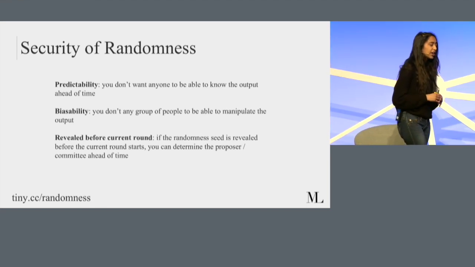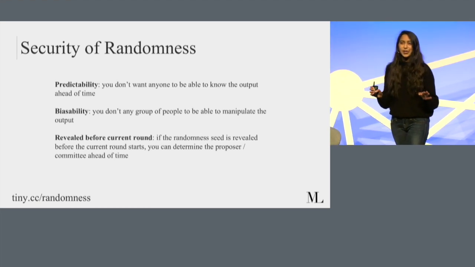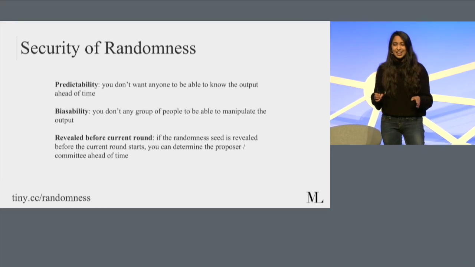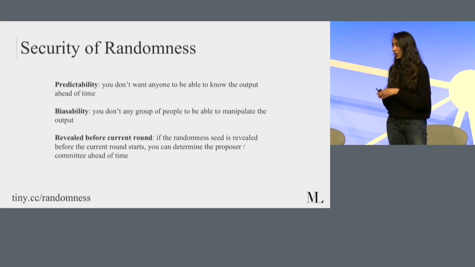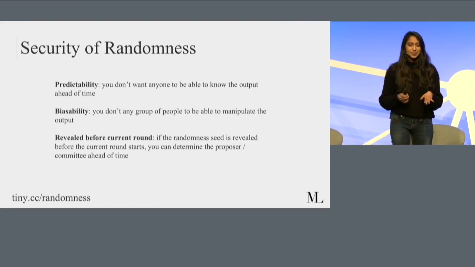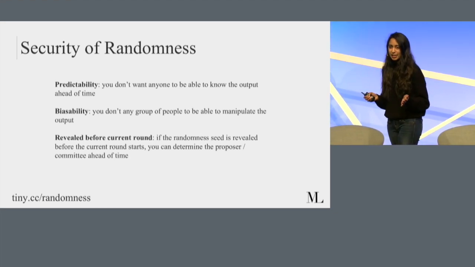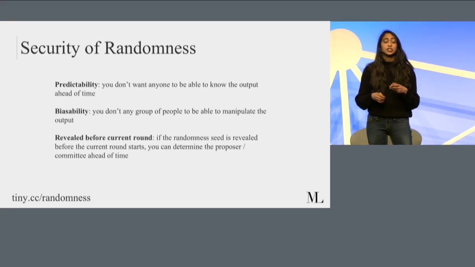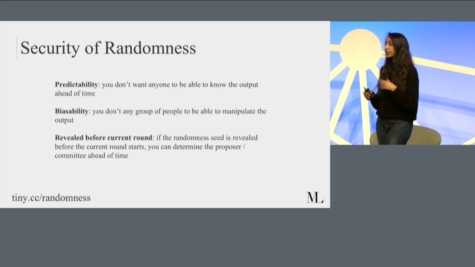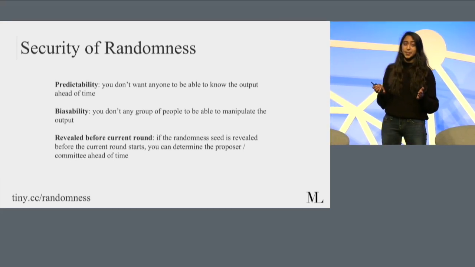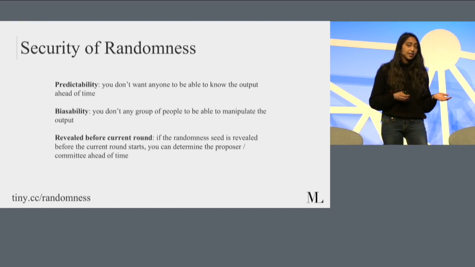And so the first thing I want to talk about in that vein is the security of randomness. Now we might be thinking, okay, how does this relate to anything I just said? But the security of randomness is actually directly tied to proposer and committee election. So let me explain. Let's go back to this example of Bitcoin, something we're all pretty familiar with. So how does the next person get chosen to propose a Bitcoin block to the blockchain? Well, that's whoever solves this random proof of work puzzle, right? So in this case, proof of work, weighted by the hash power of any given miner, is the way that